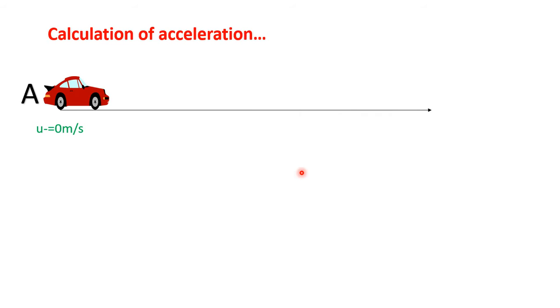Next we will see how acceleration is calculated. Calculation of acceleration: how will we know there is acceleration happening? Suppose a car is at point A. At point A its initial velocity is u equal to 0 meter per second. When this car reaches point B, its velocity was 12 meter per second,